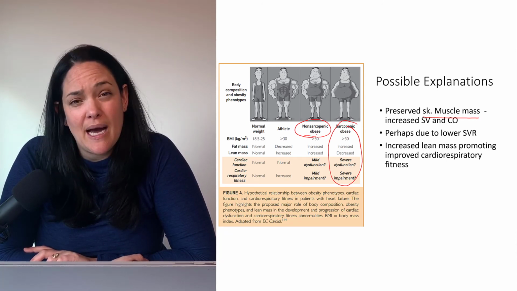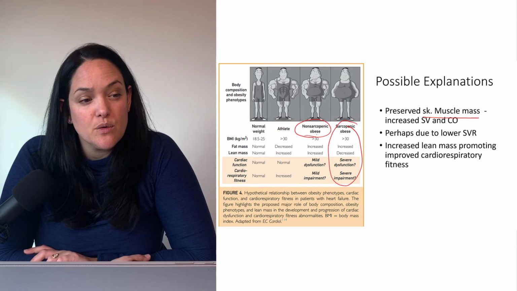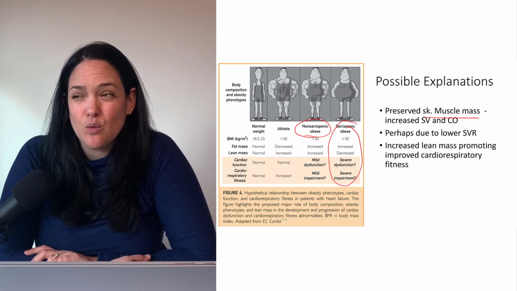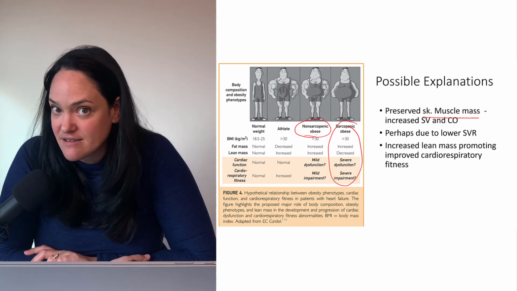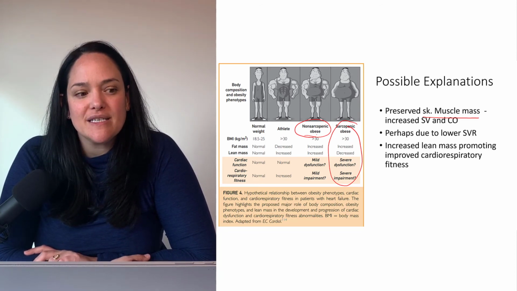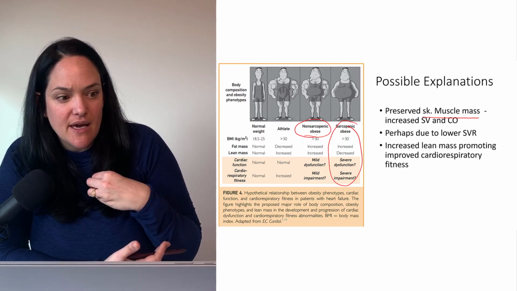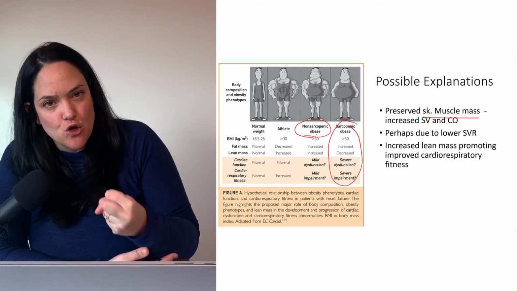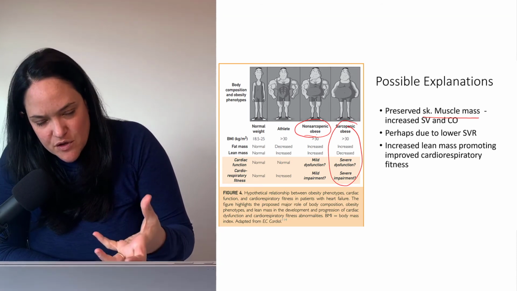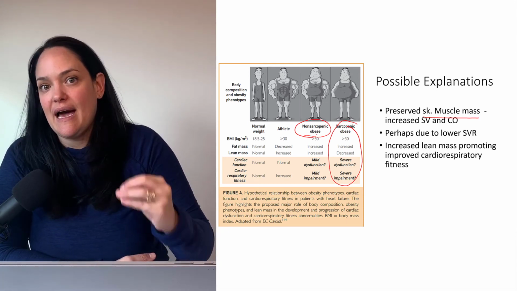And I thought this was worth mentioning because I know a lot of you guys are working with individuals with obesity, perhaps in a fitness setting. And if that's the case, a lot of people with obesity or who have a higher weight are looking towards working out for weight loss, and that's okay too. But there's another benefit to working out, and that is having more skeletal muscle, and that is potentially a lower risk of disease, lower risk of sarcopenia, even if someone still has obesity as well.